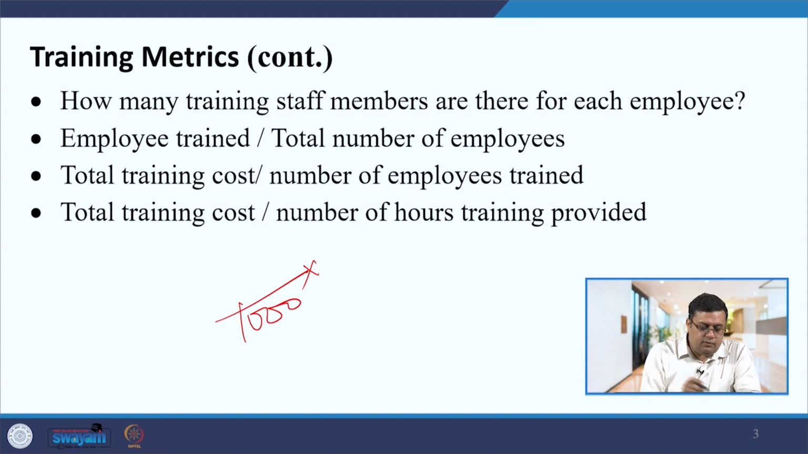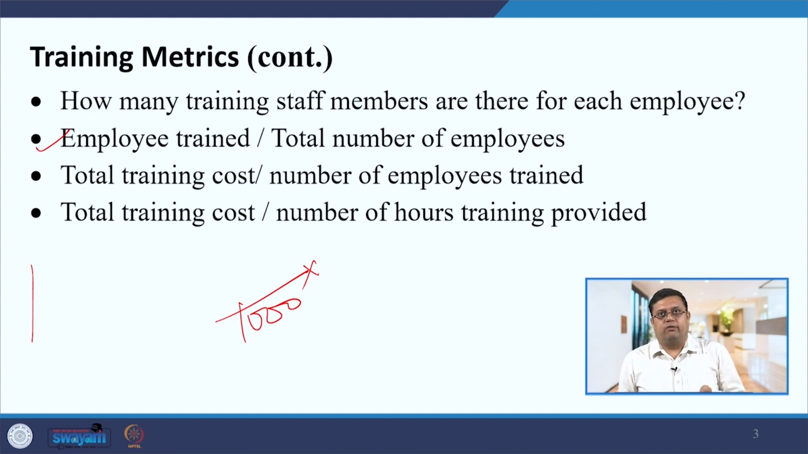Next you can calculate employees trained divided by the total number of employees. Every year you will not be able to train all employees, which is what happens in organizations. If you train all employees, it is quite possible some of them do not require training but you are still giving it. So what I suggest is that you identify the employees who really need training,